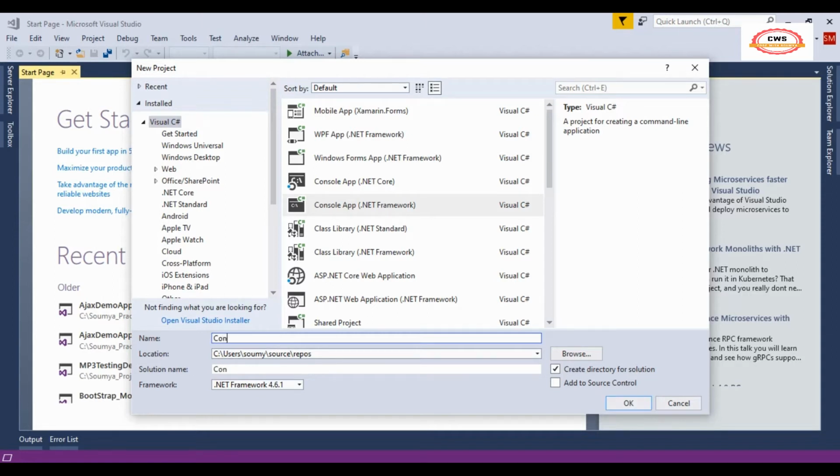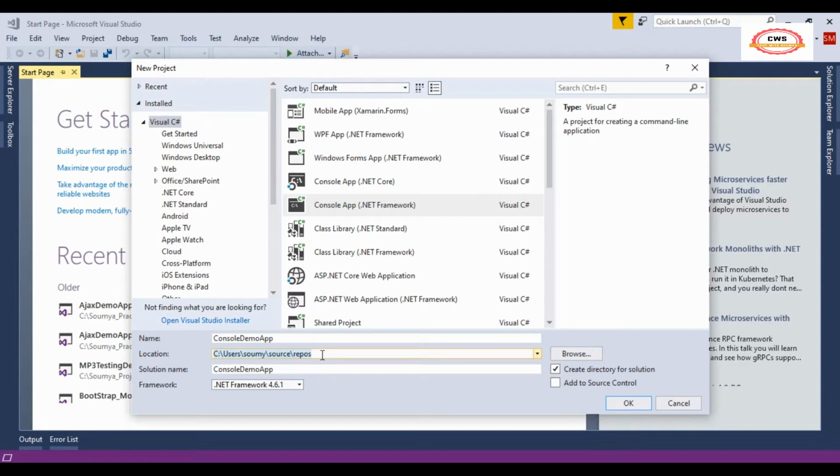So let me give Console Demo App. This is the path where your project is going to be saved. Here's the location. You can change this location, but for now I am keeping this as it is.